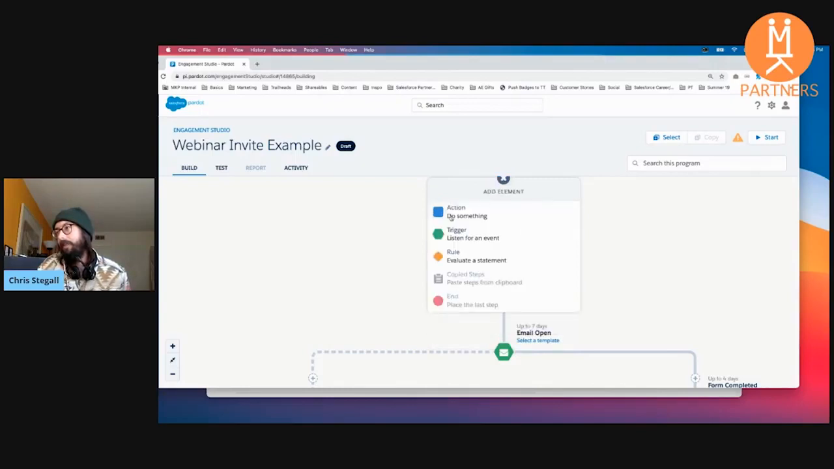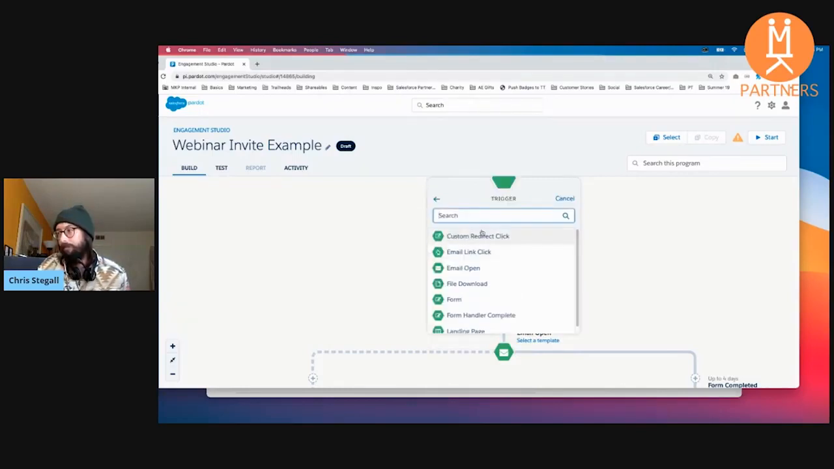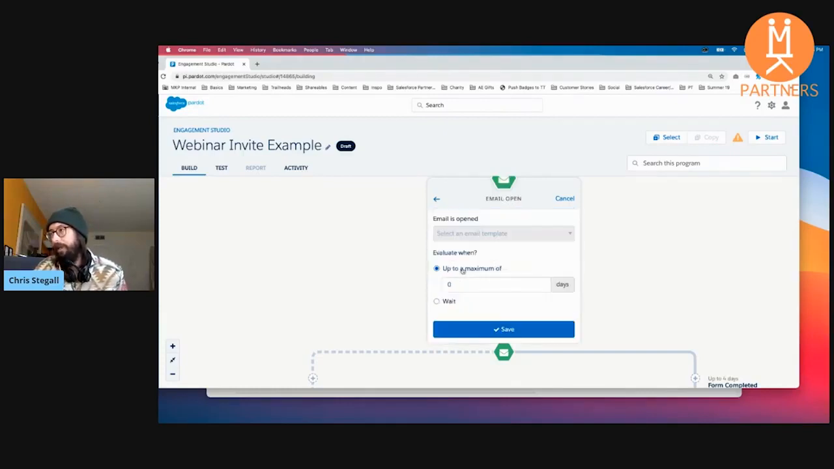Now, how would that differ if this was a trigger? Well, triggers are essentially listeners, right? So they are listening constantly for an event to occur, an action to be taken, and then they will sort accordingly, split accordingly. So for example, an email open,